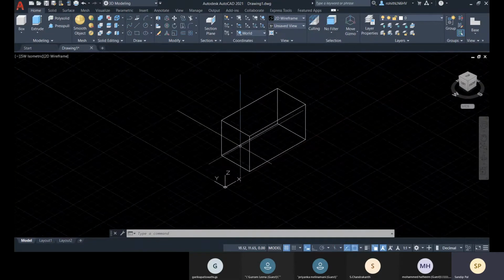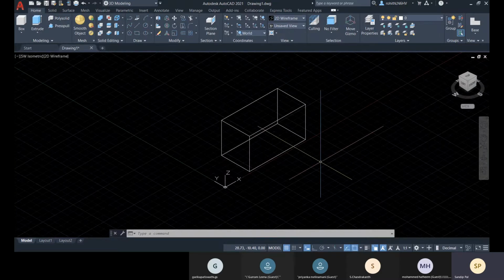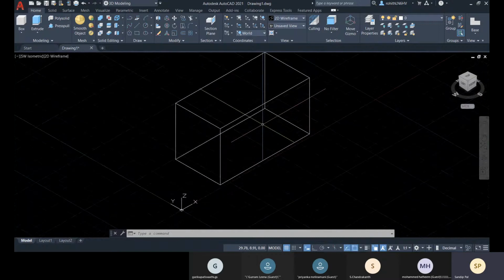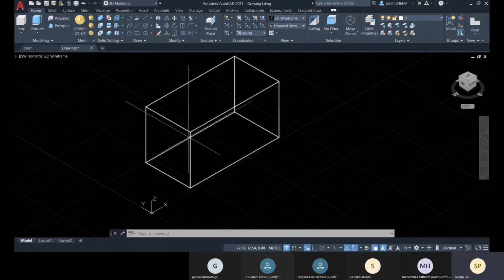So after that, we will go with coordinates. Okay. Coordinates play a vital role in any kind of 3D modeling software because they help us create our model very easily. If we just change the coordinate or the work plane, it will help us save lots of steps. Within minimum steps, we can create our model. All right. So let me go with that.